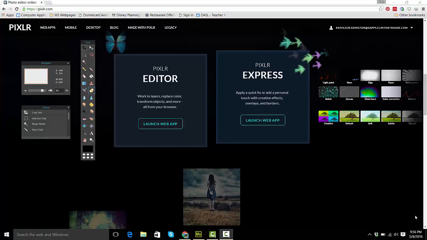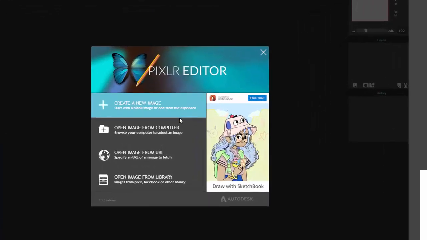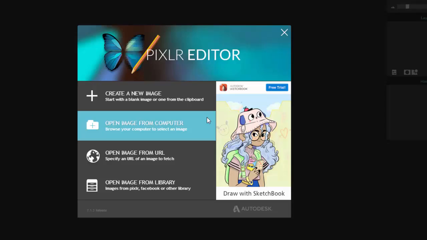Okay, here we are again in our Pixlr editor, and we are going to use editor again. And before you did this, hopefully you went to Google Classroom and picked an image to use. There were many images there, but you needed to just use one of them. We're going to use the same image the entire time. So click Open Image from Computer,